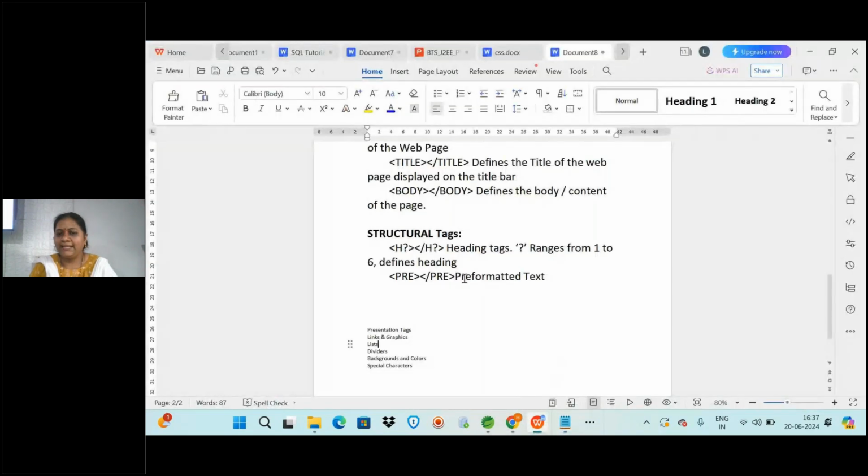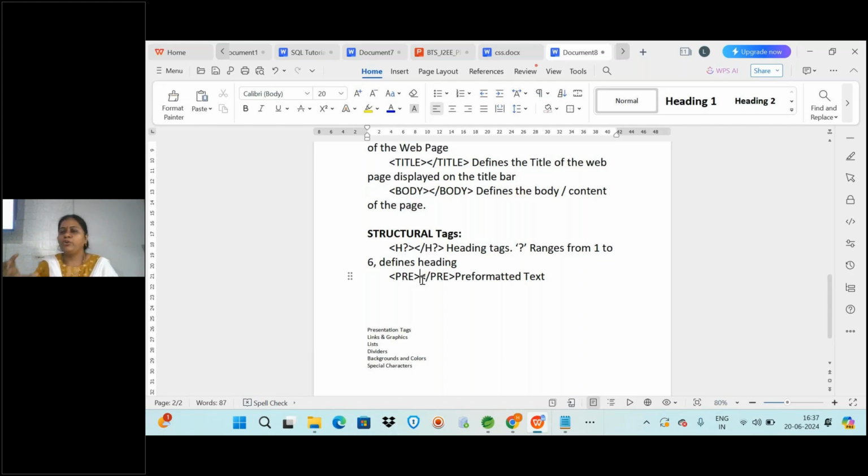So about the heading tags we have seen, right? So these all come under what? Structural format. And whatever you give in pre-formatted text, it will display as it is. Generally why we use pre-formatted text: sometimes when you want to display a document, you search about some topic in the net, right? Any topic you don't know, you will be searching in the net, and you will see paragraphs of data.